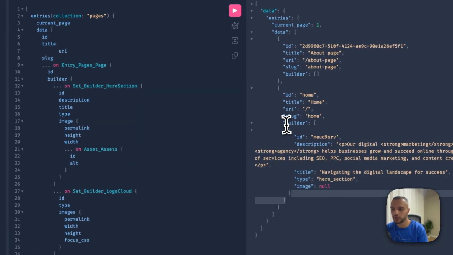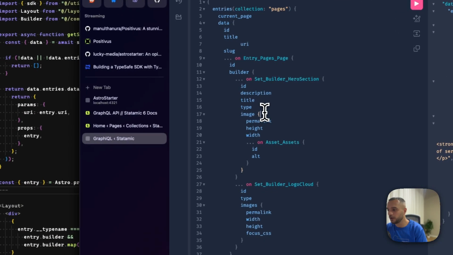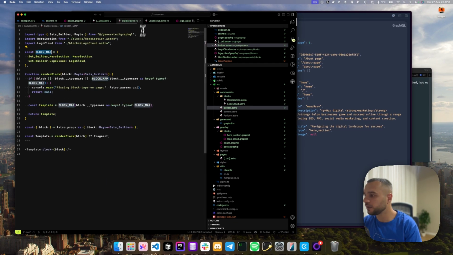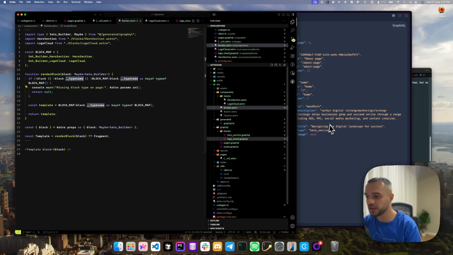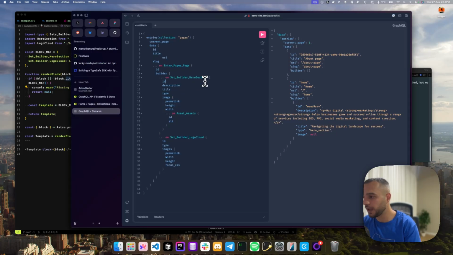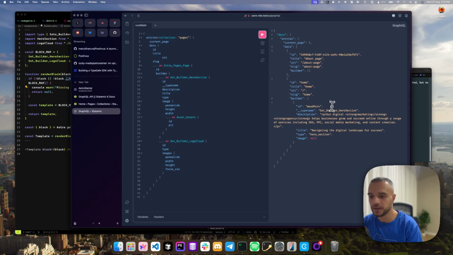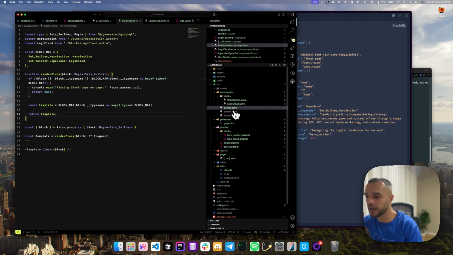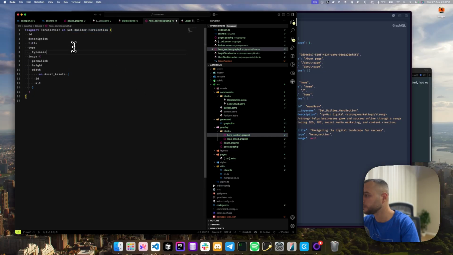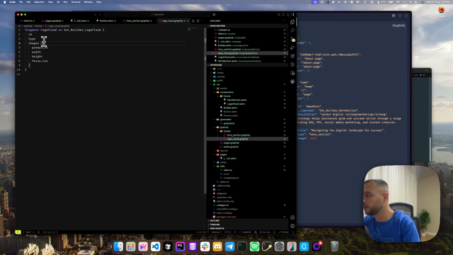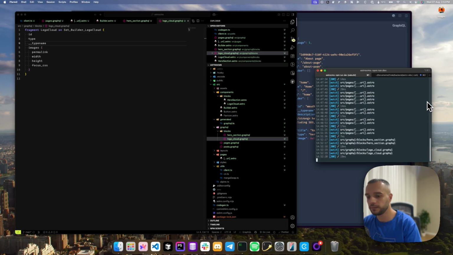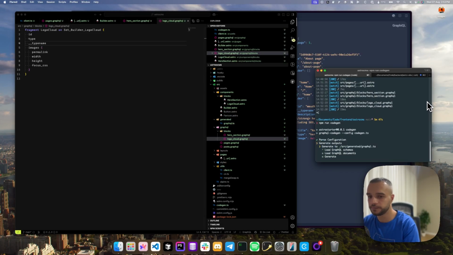So this is an array of objects, and based on their type name, it's gonna, okay, so type name is something that's missing right now. So basically, if we add it here, so type name, it's gonna be set builder hero section. So based on the type name, it's gonna render the correct component. So let's add these two. I also need to add type name to the hero section and to logo cloud. Okay, we have to run CodeGen again,